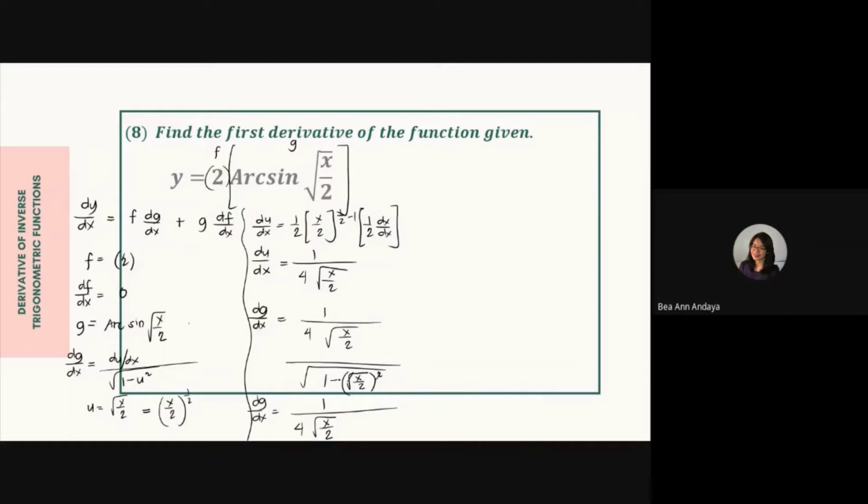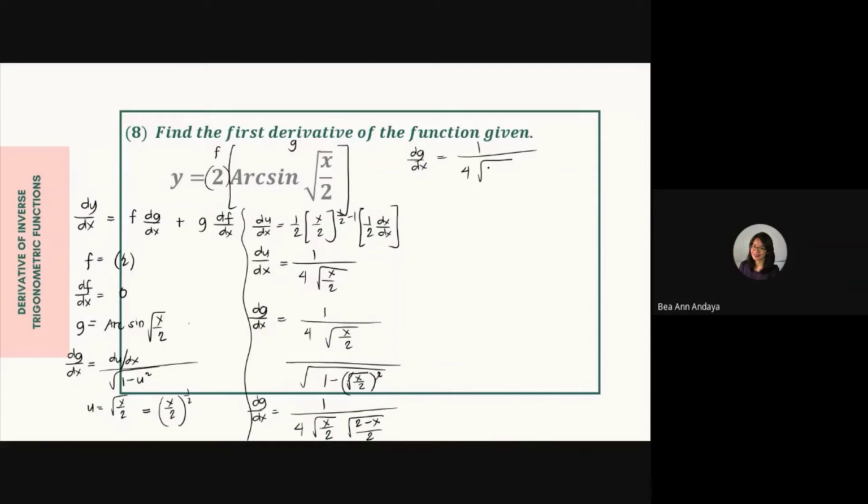Magkakaroon ka ng 1 minus x all over 2. And from 1 minus x all over 2, kapag kinombine mo yan, magiging meron kang 2 as your denominator, and then ito ay magiging 2 minus x. Ang 2 minus x divided by 2 ay equal sa 1 minus x all over 2. Okay, and this is not yet the end because I can still see some terms that could be simplified. So, i-rewrite natin yan, dg all over dx equal to 1 all over 4, the square root of the x